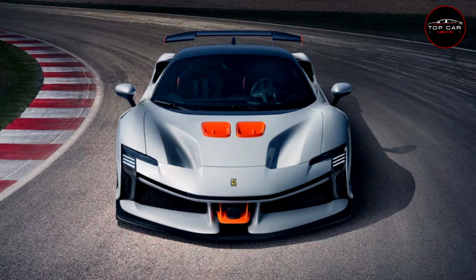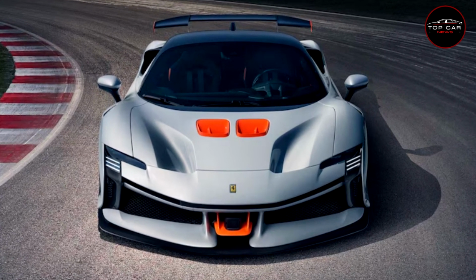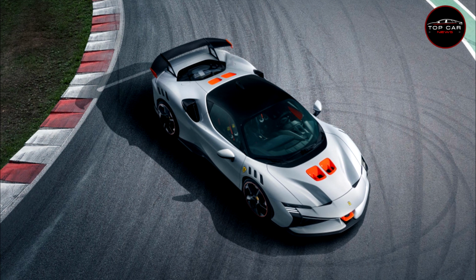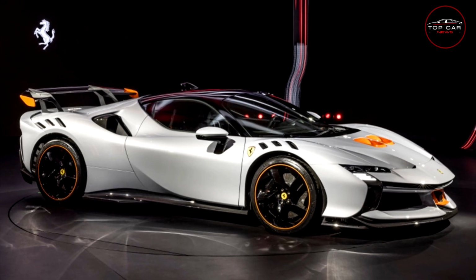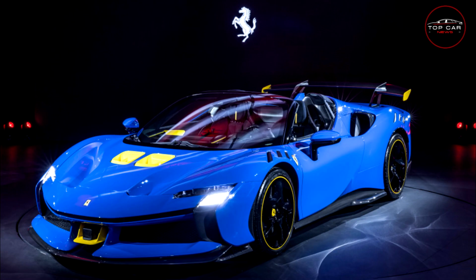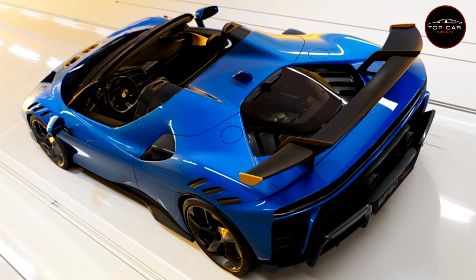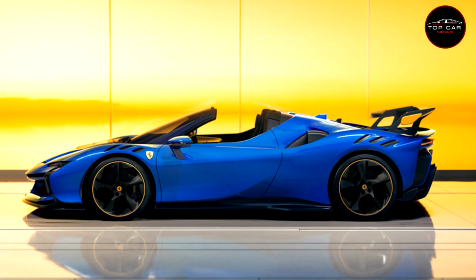Helping keep things in line at the track are further improvements to Ferrari's electronic systems designed to stabilize and improve dynamic control during extreme maneuvers and heavy braking. The new SF90 XX benefits from the 2.0 version of Ferrari's dynamic enhancement system, which allows for more slide when you want it and keeps the car from overcorrecting when it detects things are getting pear-shaped. The car also benefits from a system controller called ABS Evo, which debuted on the 296 GTB. As the name indicates, it's more electronic wizardry designed to enhance braking in high grip situations and thereby improve